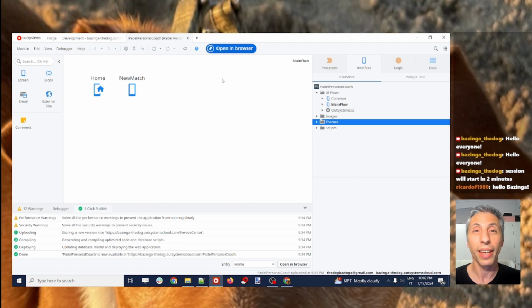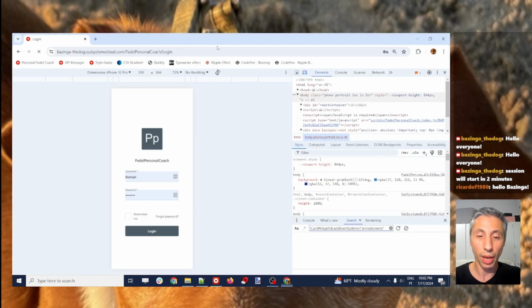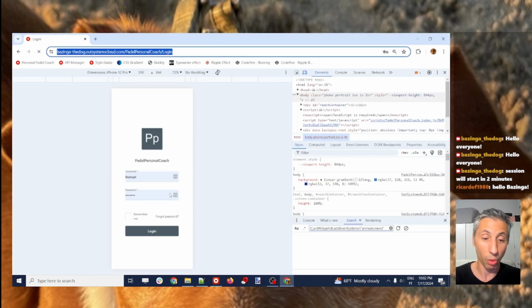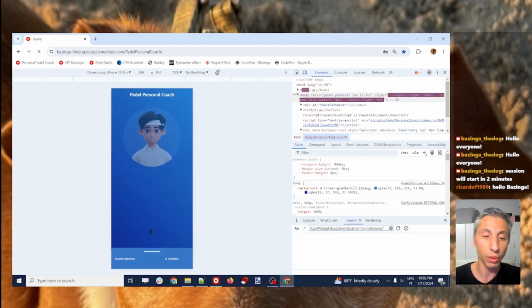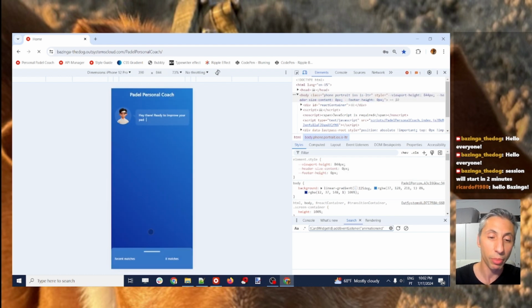front end. And now we have already created the home page, or we are creating the home page, the first screen of this mobile application. The goal for today is to finish that home page. Let's take a look at what we have here so far. We have a mobile application. I'm just going to log in here real quick, and you can see that we have created these applications. This was done on episode 5. Now let's complete this